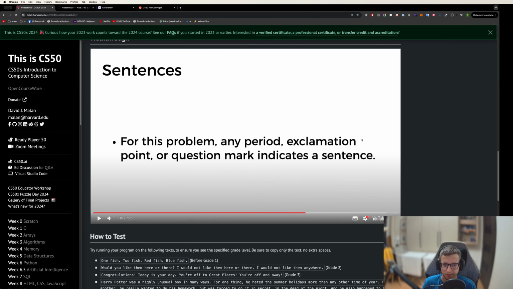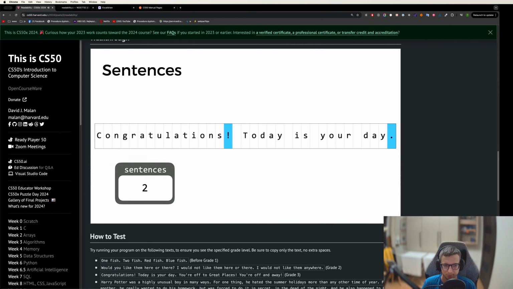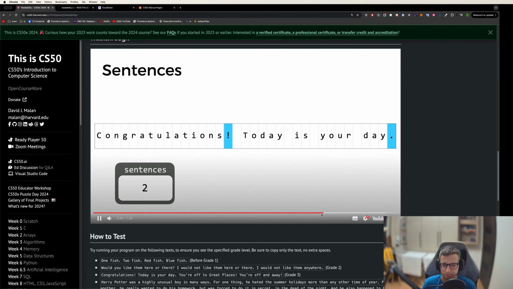Any period, exclamation point, or question mark indicate a sentence. So for example, Congratulations, exclamation point, today is your day, period. In this particular string, you'll notice that there are 2 punctuation marks that denote the end of a sentence. We have 1 exclamation point and 1 period. And so as a result, we could conclude that based on this particular string, we're able to find 2 sentences